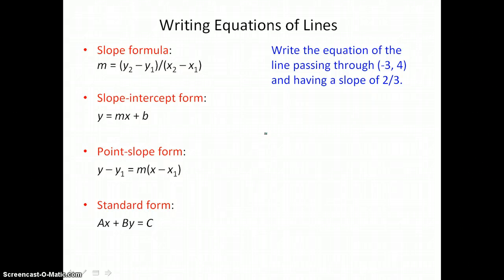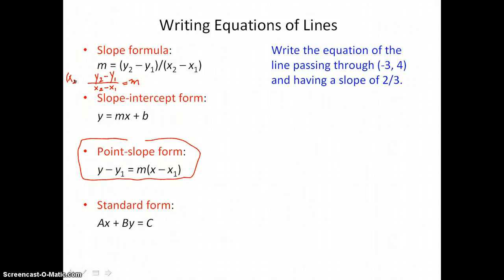Since we're given a point and a slope, we want to use the point-slope form for the equation of a line to write our equation. Now this form comes from our slope formula, because if we take our slope formula, which is the difference in y coordinates over the difference in x coordinates, and we clear this equation of denominators by multiplying both sides by that denominator, x sub 2 take away x sub 1,